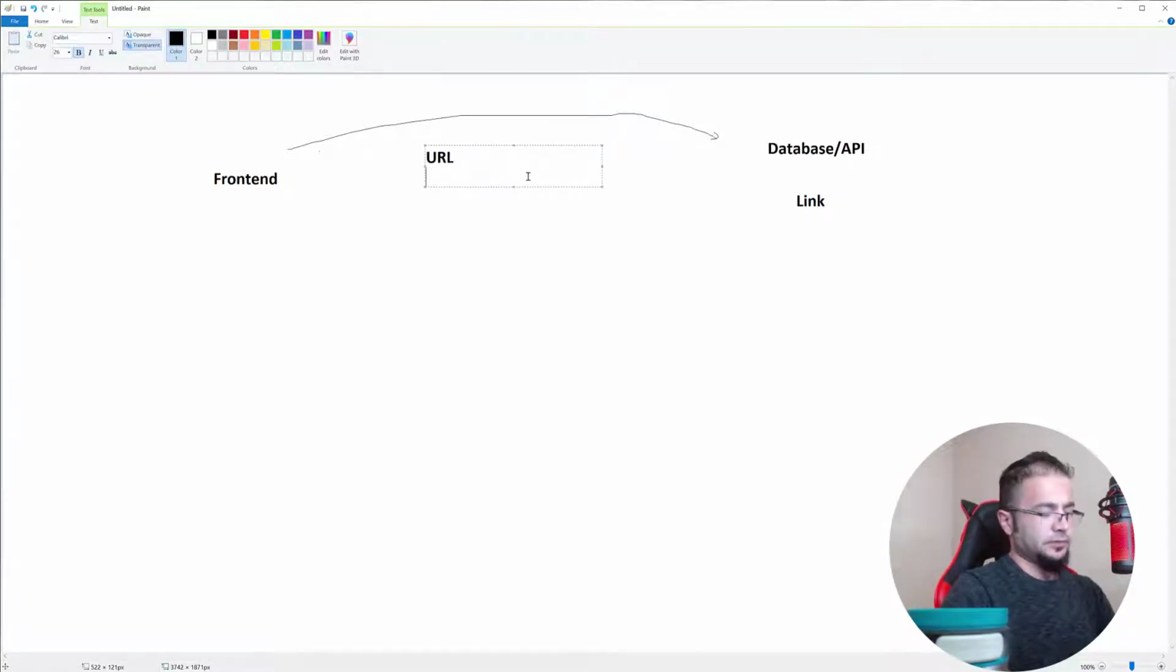This URL most of the time is something like this: link.com/some stuff, something like this. So you have a database stored somewhere, either in the cloud or on your local machine. Then in your front end, you try to connect to this database or API through this link. But how do you get information from it? Well, from